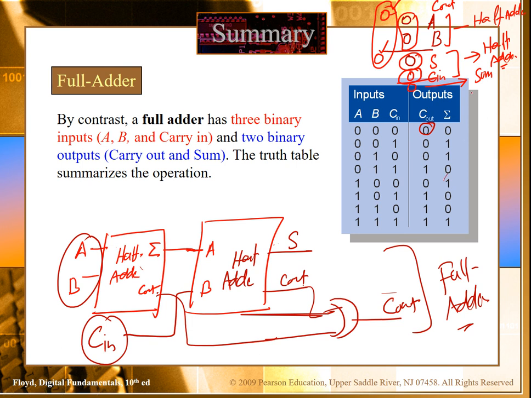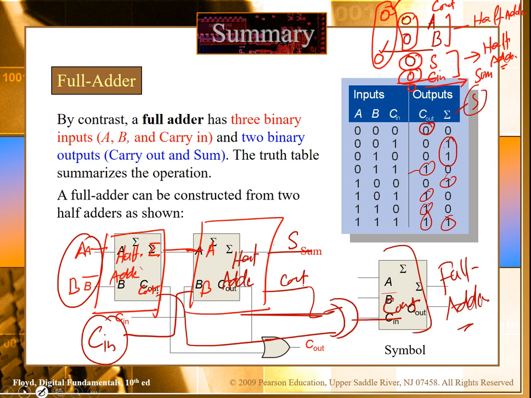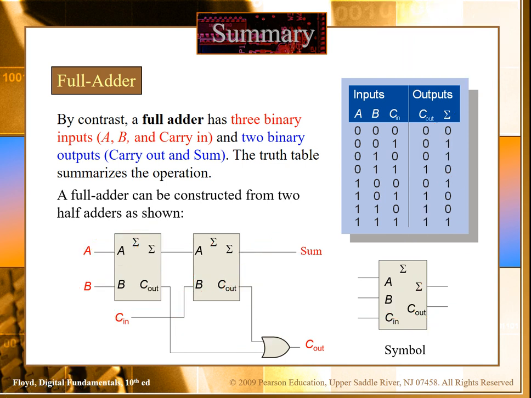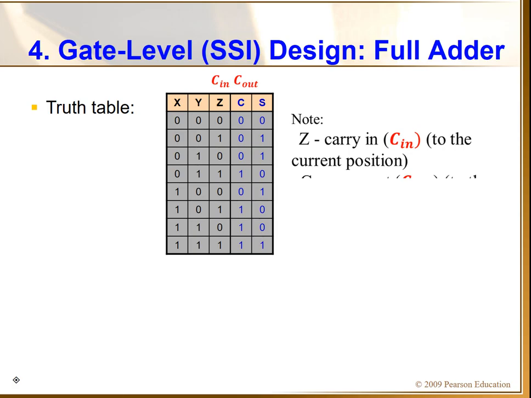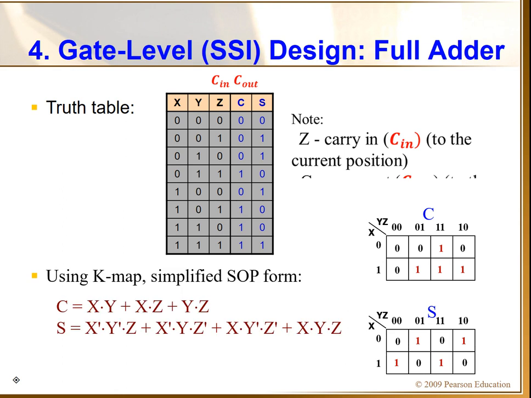For example, for the sum case, if you want to write the logic, you have to focus on these 1s. For the carry out, you have to focus on these ones and the relative inputs, and then try to simplify that until you reach the final basic logic, the minimum logic. So that is actually the full adder. I will solve with you during the live session how we can actually get the logic for the full adder. So try this at home.